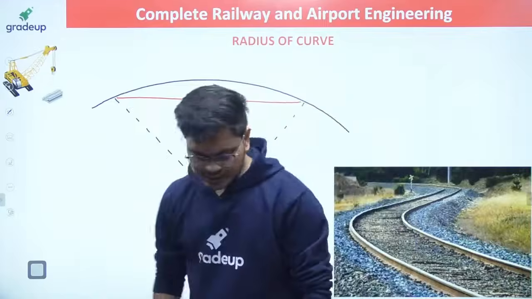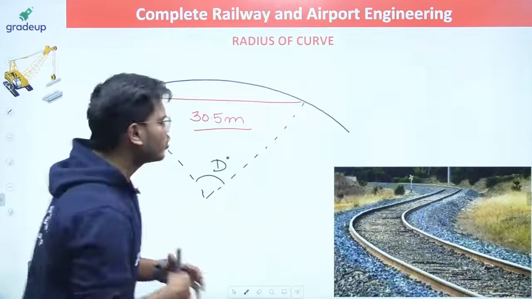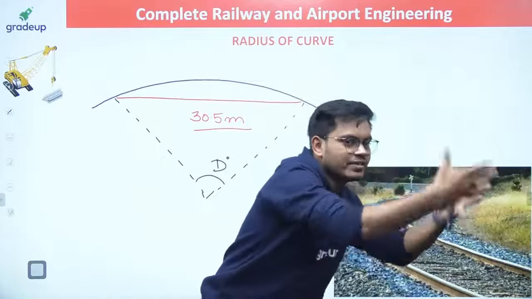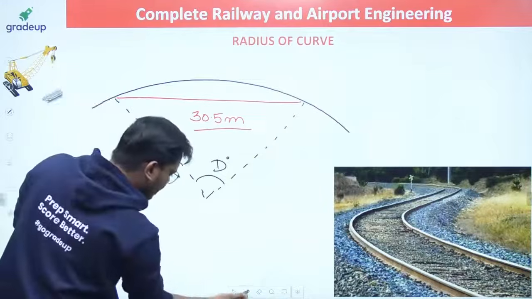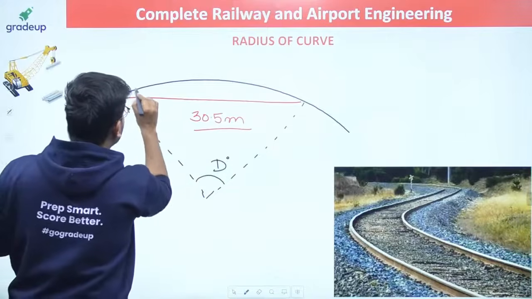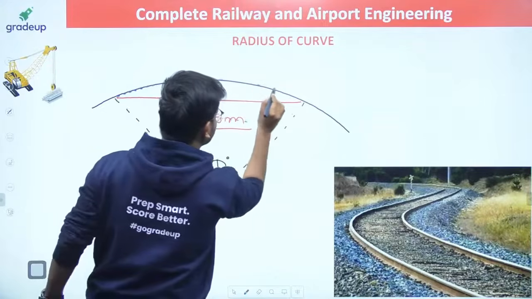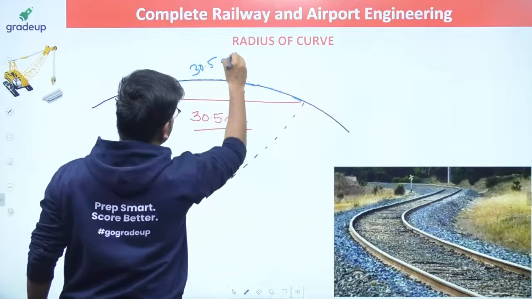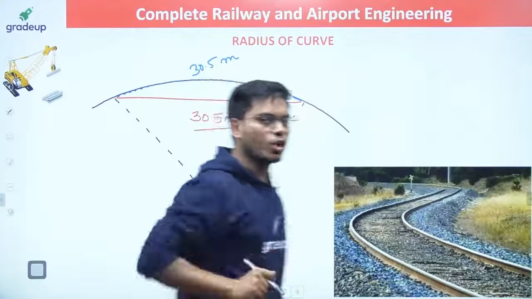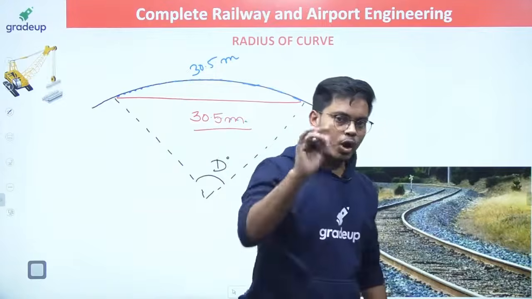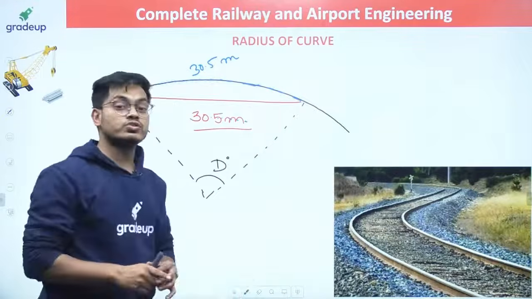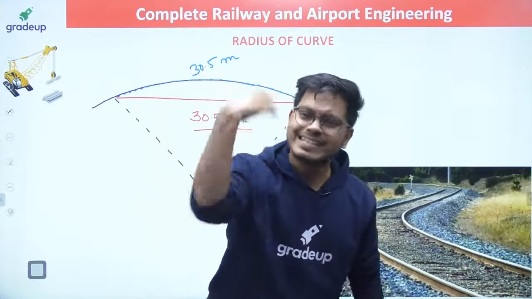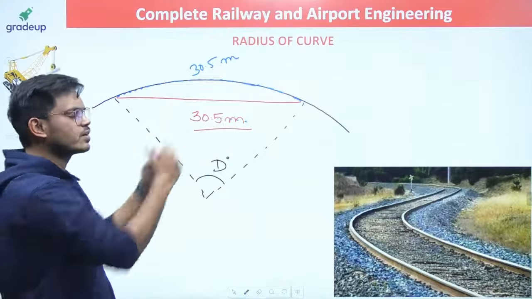All right, so guys, understand here how to get the radius of the curve. The railway suggests that this arc is also almost equal to 30.5 only. This is an assumption. Again, I'm telling you, this is an assumption. Since this distance is very small, this is also your 30.5 meters. Now here I am going to use, do you remember, the similar triangle concept? The same thing will be utilized here.